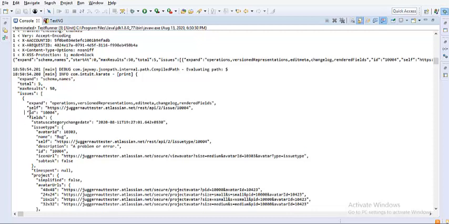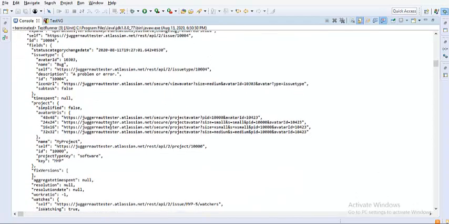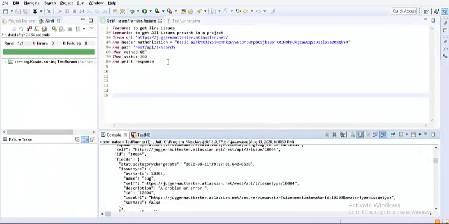And we have id present, and we have different fields, like it could be avatar id, it could be name, whether it is a bug or a user story or a subtask, and we will be having a description as well. Yeah, so now what I would like to do is put in some assertions.